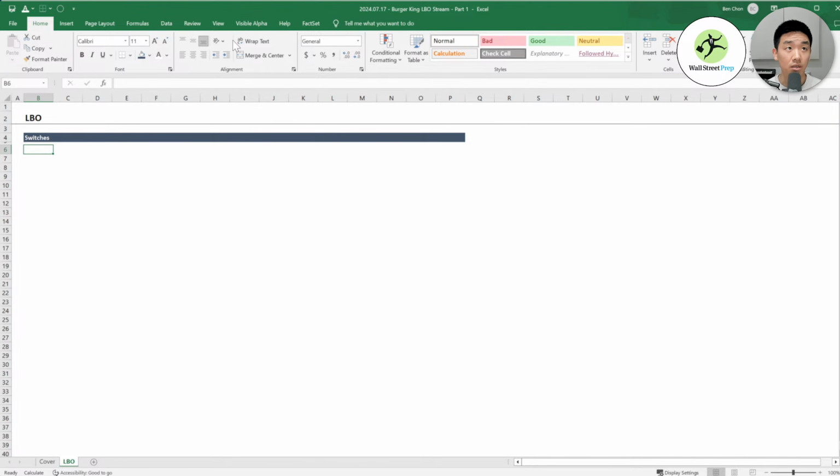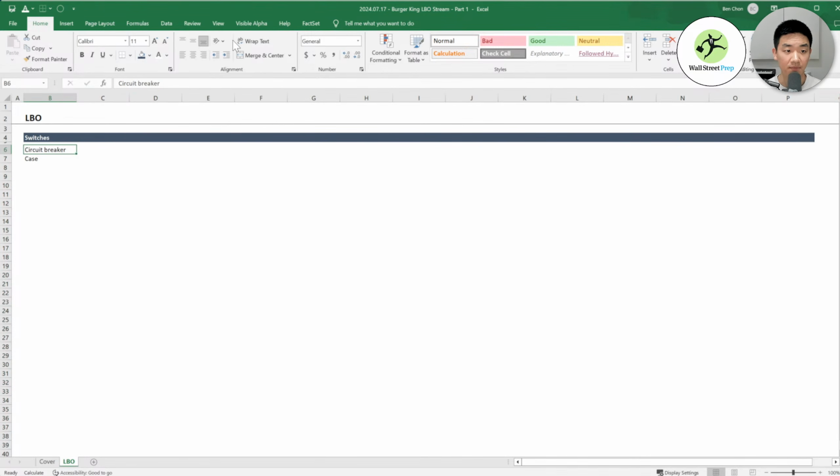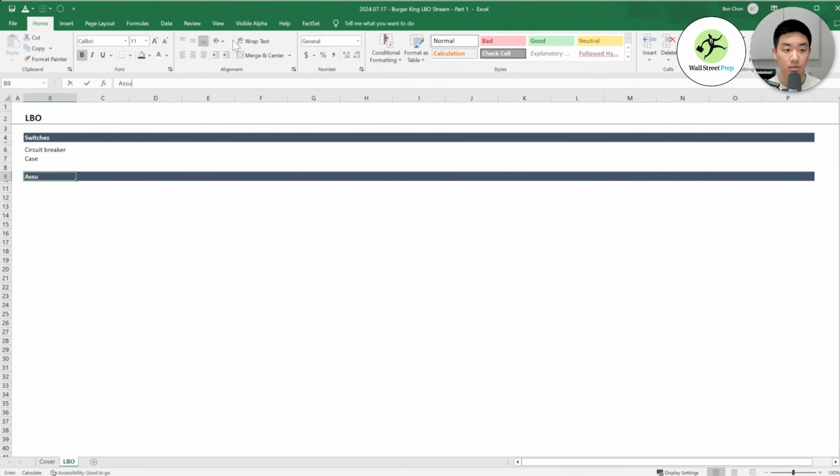The two switches that we're going to need are a circuit breaker and then a case. I'll explain what those mean later. I'm also going to make these columns bigger, size them 15. And then assumptions here. This also might be too small. Let me zoom in a little bit.